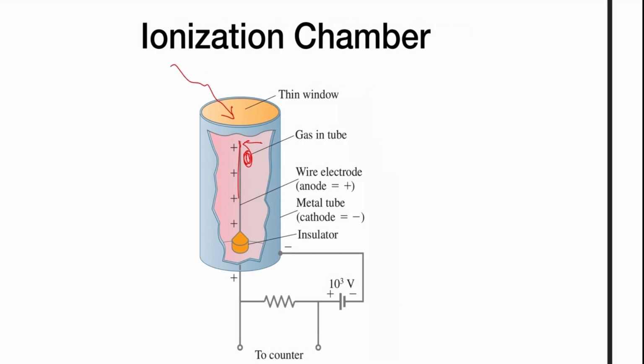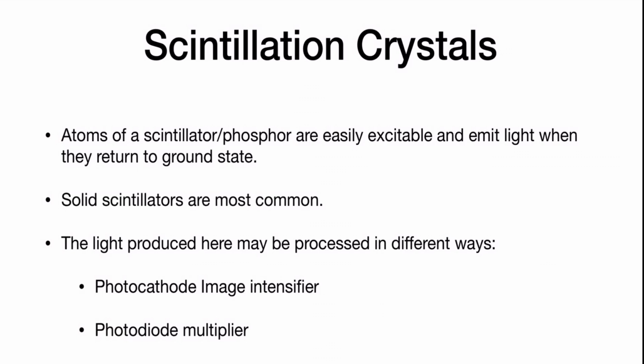Okay. Then the other kind of radiation detector is what we call a scintillation crystal. And scintillation here just means phosphorescent, or light emitting. We saw this when we spoke about semiconductors, that they have the ability of absorbing radiation so that electrons are excited to the conduction band. But then when the electrons return from the conduction band back to the valence band, there are possible routes they could take. They could either be trapped on the electron traps, or they could